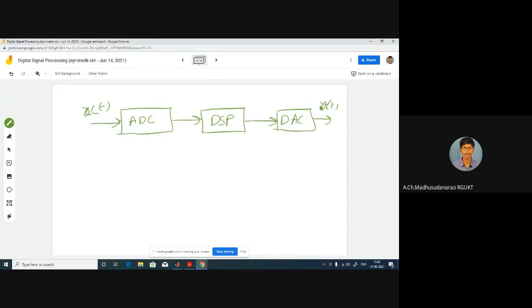See my output y of t. After digital to analog, this is also an analog output, right? This is analog. This can be represented by x of n. This can be represented by y of n, digital. X of n is processed by some program in some manner, and I got the concerned output y of n. After that, I converted to analog, y of t. You may have one transducer here. You may have one more transducer here. Some extra things are there. Yeah, this is the main thing of your DSP.